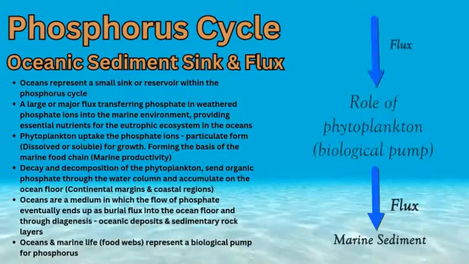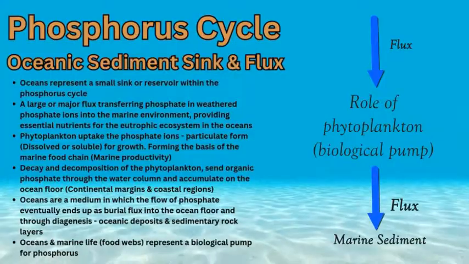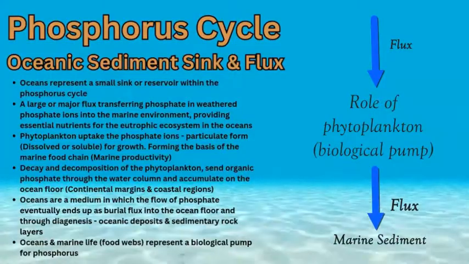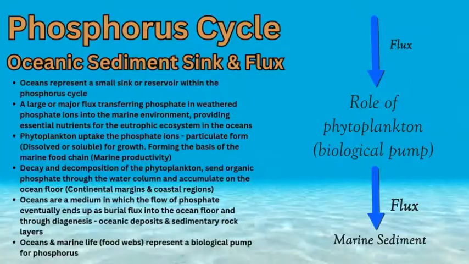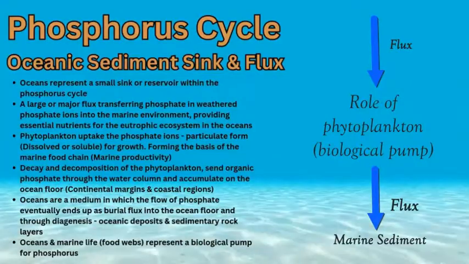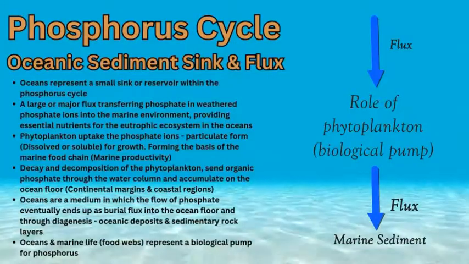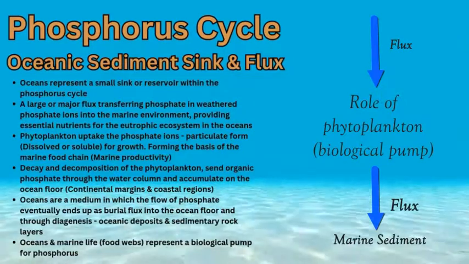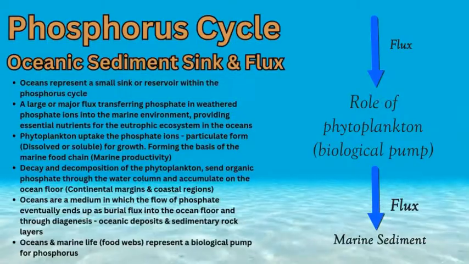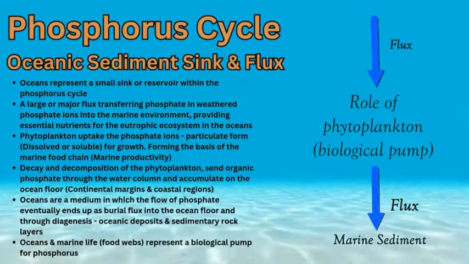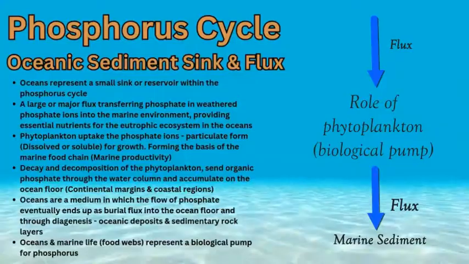We begin our cycle for phosphorus in the oceanic sediments, the deposits of large amounts of phosphorus, the largest sink in the cycle, and how this phosphorus actually gets to the ocean sediments. So obviously you have an ocean above it, which is going to provide, deposit, and accumulate through a burial flux the amount of phosphorus required to then go through diagenesis to form these deposits in marine sediments and eventually into sedimentary rock layers through diagenesis and lithification, and then eventually through uplift into the soils and the surface where